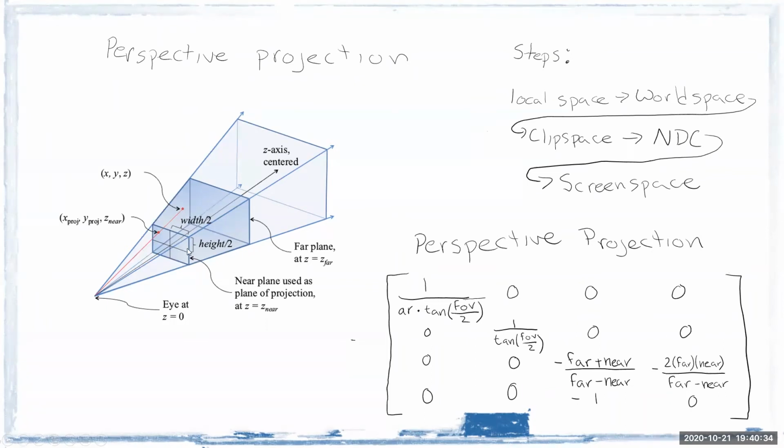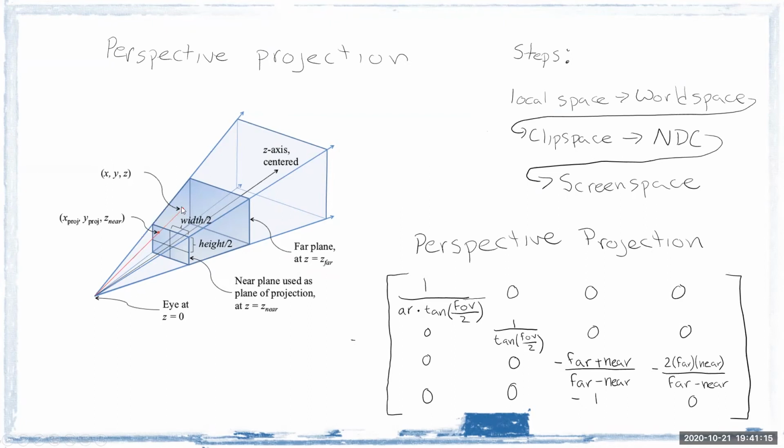We've got half width and half height of the near plane, which is important to know in conjunction with the field of view angle, because we need both of those things to determine the size of the far plane and to get our scaling factor. As you can see, this isn't the same X and Y position as this is, but